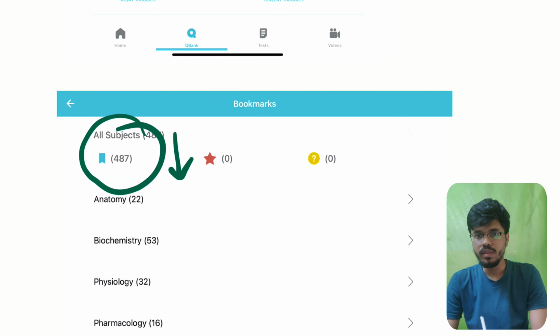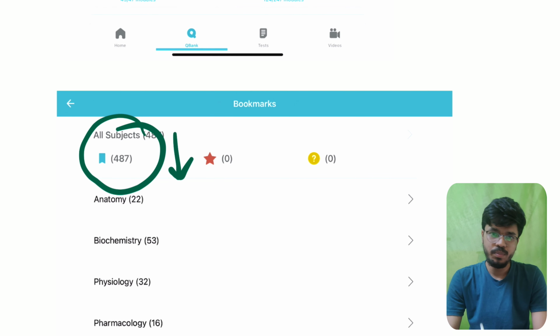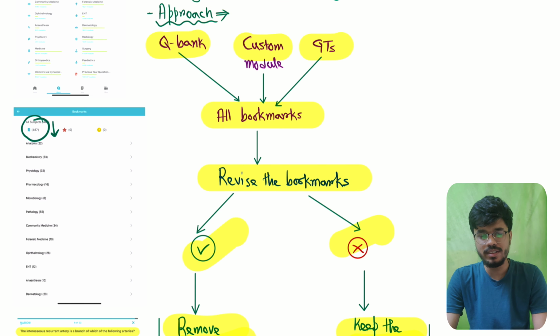Got my point? So your ultimate target is to minimize the number of your bookmarked questions. In this way, you can revise all the important questions, all the previous year questions, and whatever you did wrong previously, you can revise them and write those answers by using bookmarks. I hope you enjoy this approach. You can accept or deny the approach, whatever you like. But I think if you accept this approach, you will become stronger in your preparation. Believe me, this is a very important strategy.